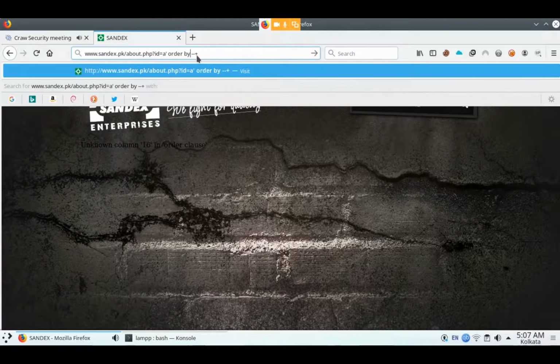After that, when you find the columns, then your work is to find the database. This is the manual testing of SQL. You will watch the video properly, and after that you will try. And you will write in your notebook how I am running the commands. After this, I will do the next step.